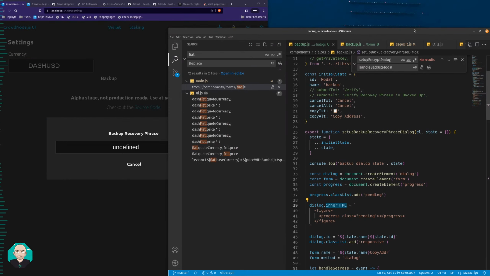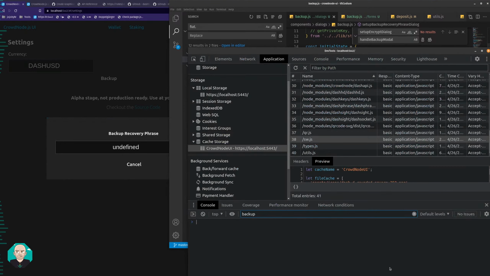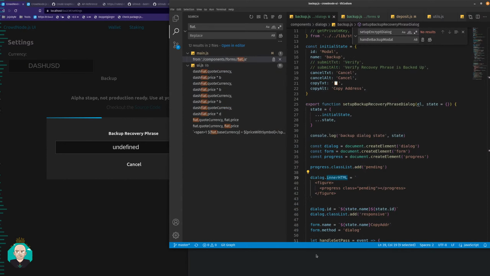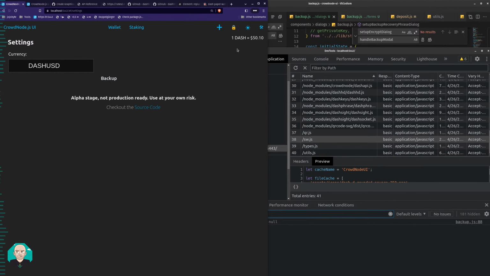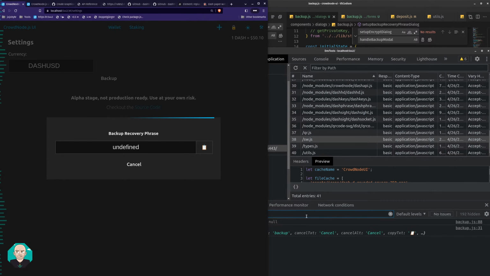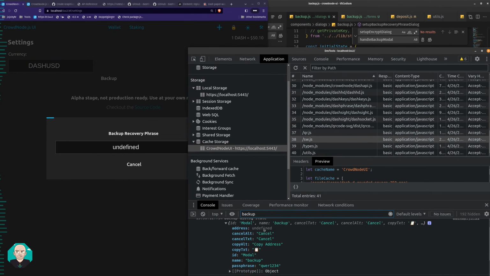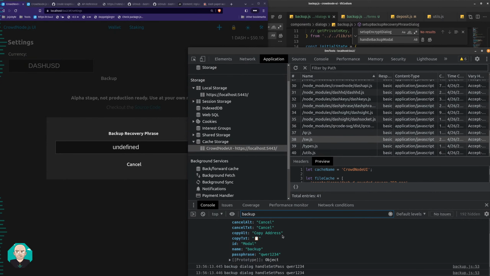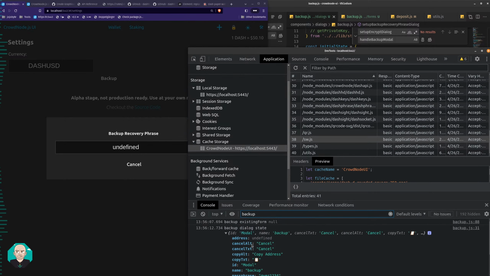This is kind of inconvenient right now because I can't easily switch the debug window. Now that should be a little bit easier. Okay, so let's refresh again. Back up, decrypt it. Okay, so backup dialog state. Handle set pass. Alright, that is what I was wondering would be in there, so